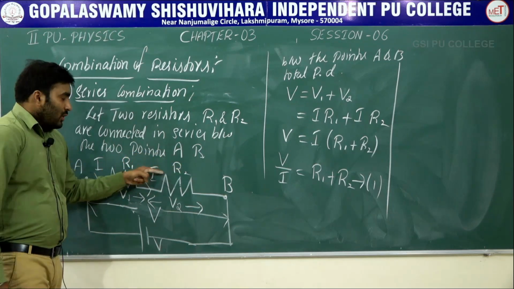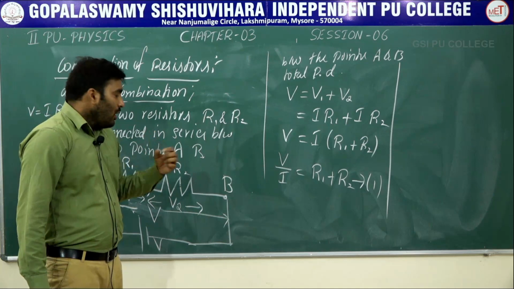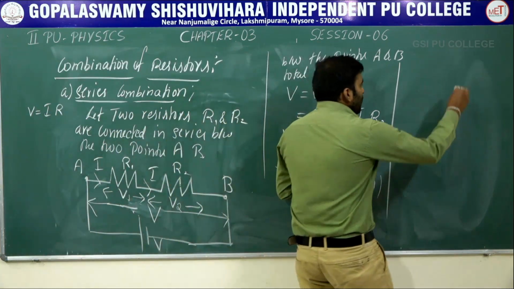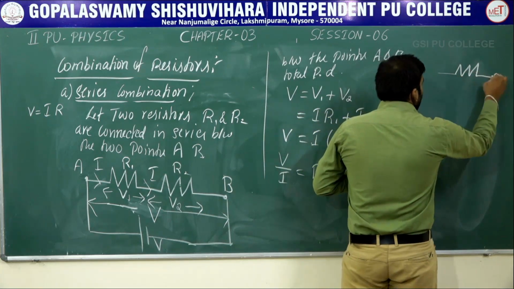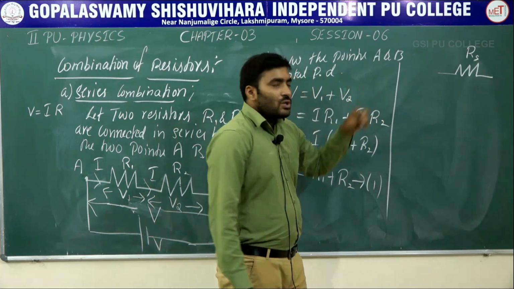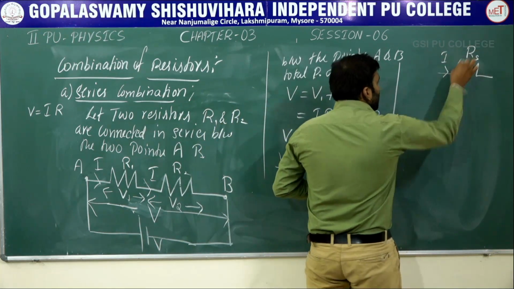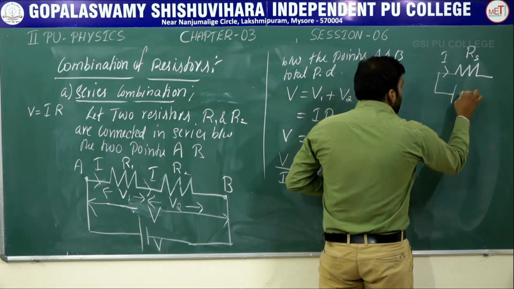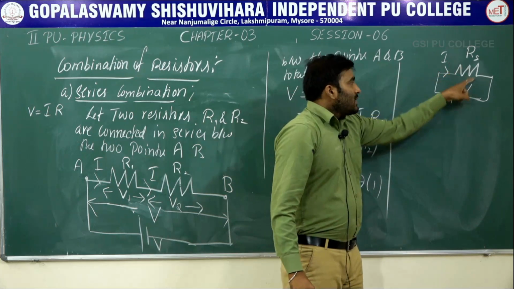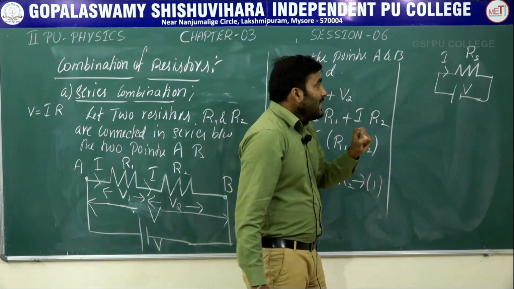R1 and R2 are the two resistors which are connected in series. The same work will be done by a single resistor now. Let me call that an equivalent resistor. See, this is an equivalent resistor of resistance RS. S refers to series combination. The same current I flows through this RS across the same potential difference of V, so that this resistor, the value of resistance RS, is called equivalent resistor.